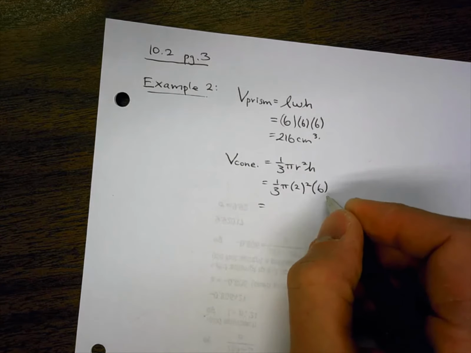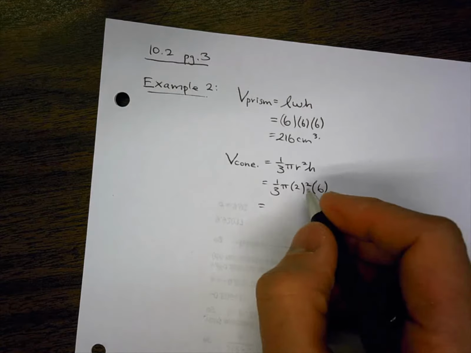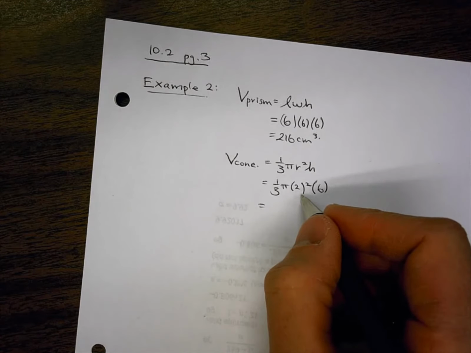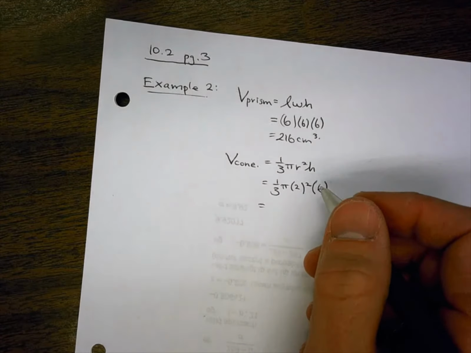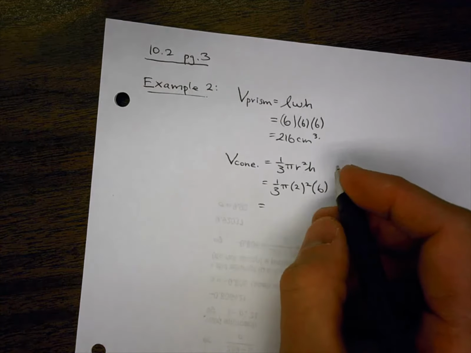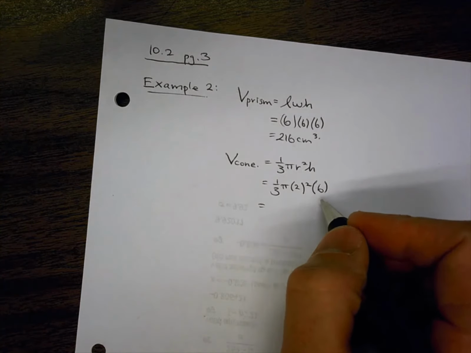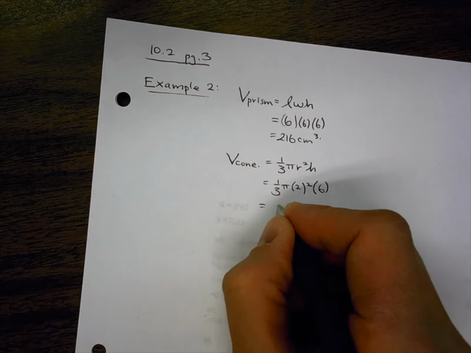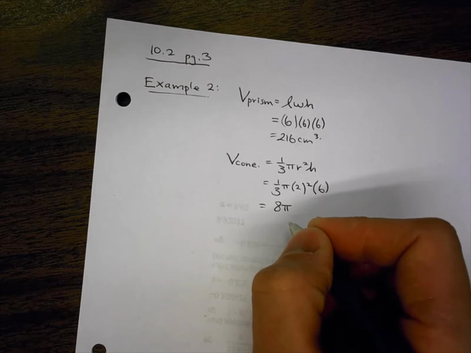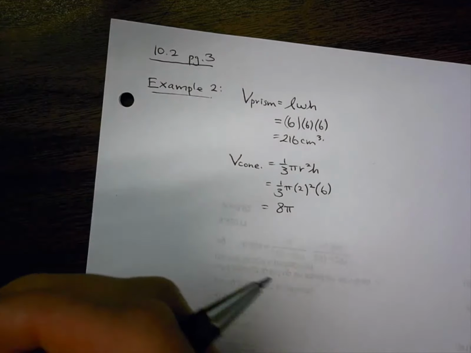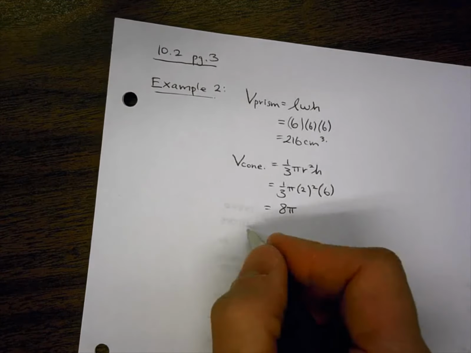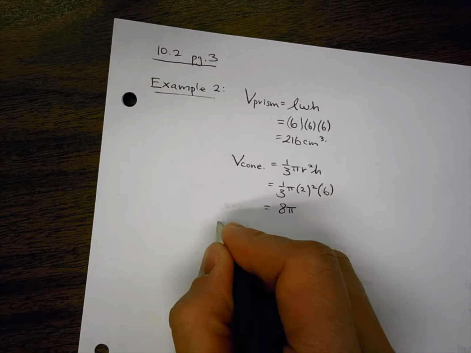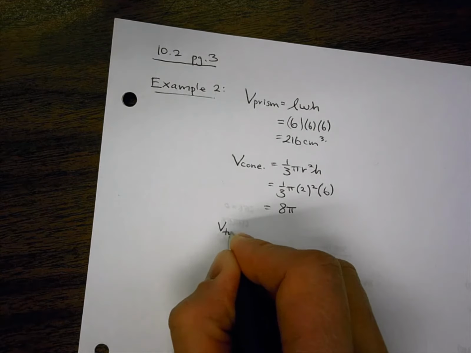So that gives me an answer of 2 times 2 times 2, which is 8. Is that correct? Sorry, 2 times 2. Yeah, sure, 8 pi. Did I do that correctly? Sure. Okay, and then I also need, so now I can find the V total, the volume of the